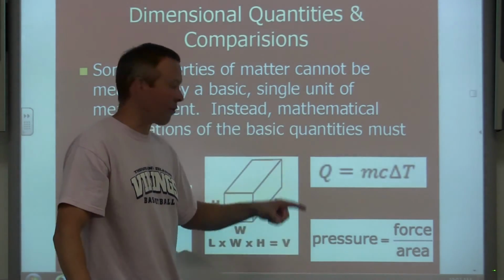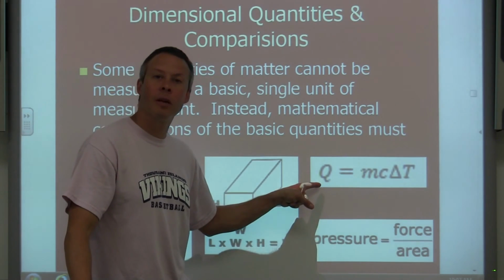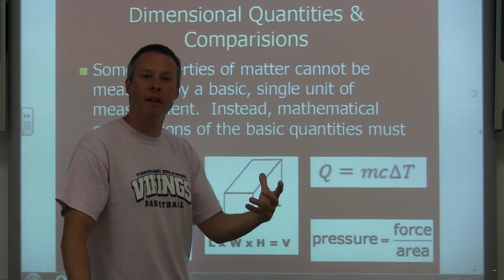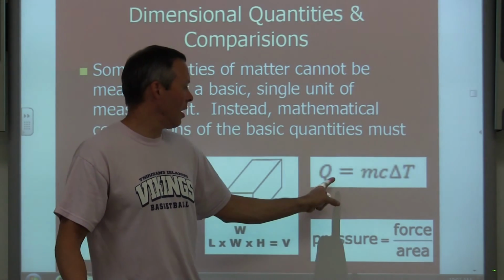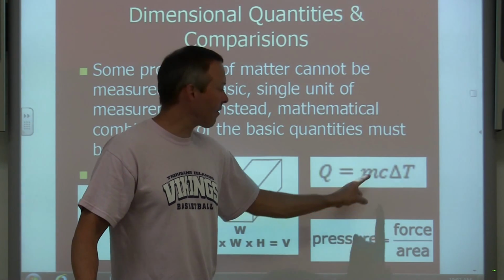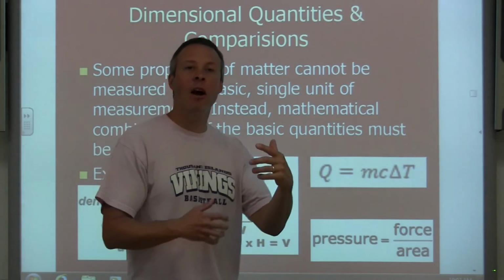And then 2 other examples. Pressure is how much force per area is on something, and Q, which we'll talk about near the end of the year, is the amount of heat. How much heat is within something or needed to make a change. In order to find the heat, you need 3 different variables: the mass, the specific heat, and then how much the temperature actually changed. So all of these are multi-step